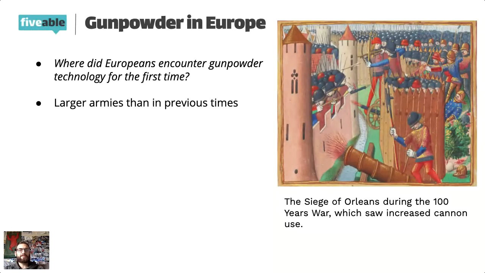Guns may take a long time to build, but how much actual training does it take to use a firearm? It takes less skill to use a gun than a horse, right? Easier to use a gun than a bow and arrow, right? Swords and other weapons are heavier. That's also true, although early guns were pretty heavy. But